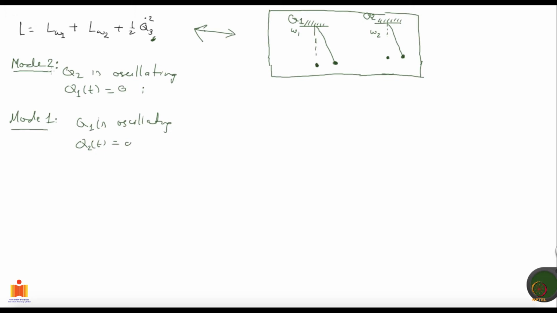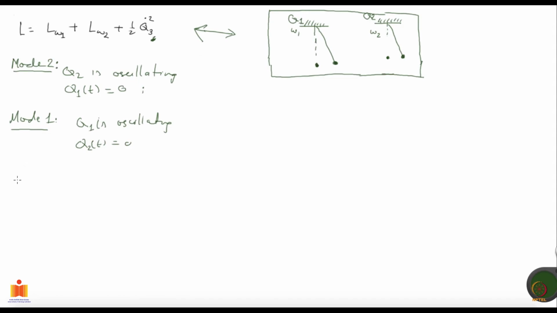Now, that's all good, looks nice, but you might be wondering how you are going to put your molecule to oscillate in the first mode or in the second mode. What should you do so that your triatomic molecule is oscillating in the first mode or the second mode? For that you need to know how your normal coordinates are related to the coordinates x1, x2 and x3. So that's what we are going to address.